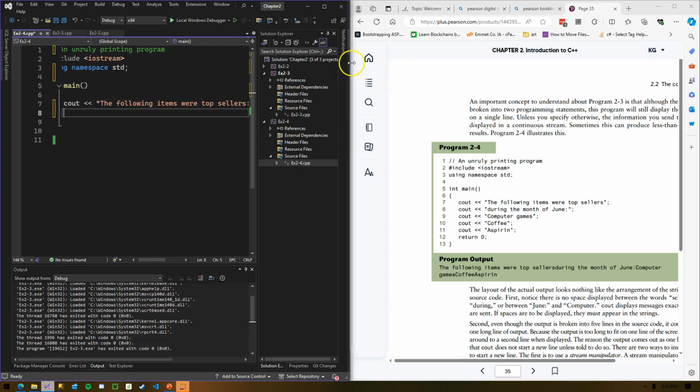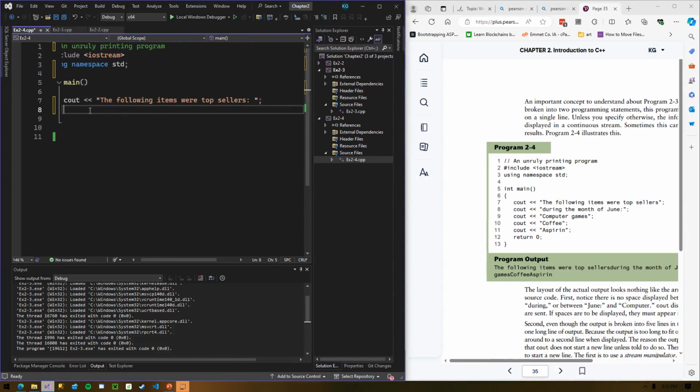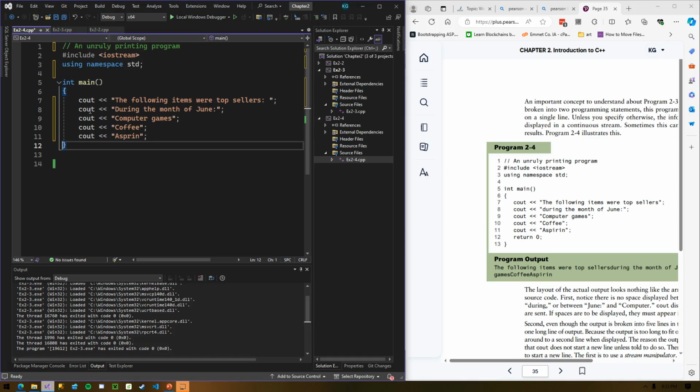Pull this over. During the month of June. Computer games, coffee, and aspirin. Is there a correlation? You tell me.